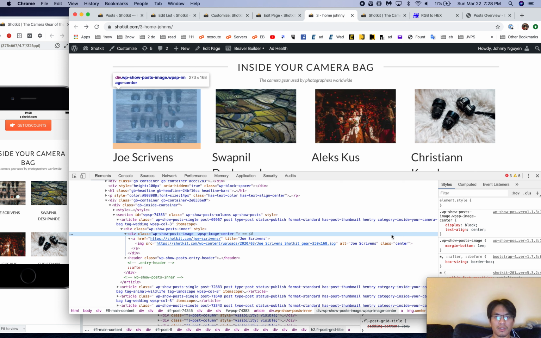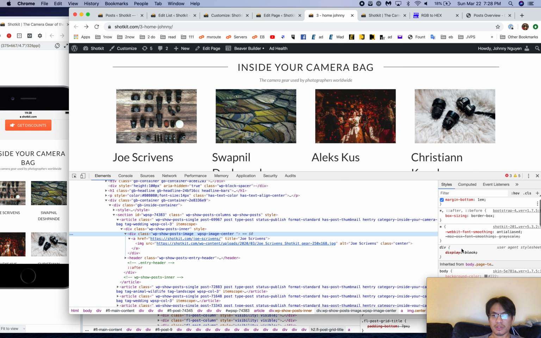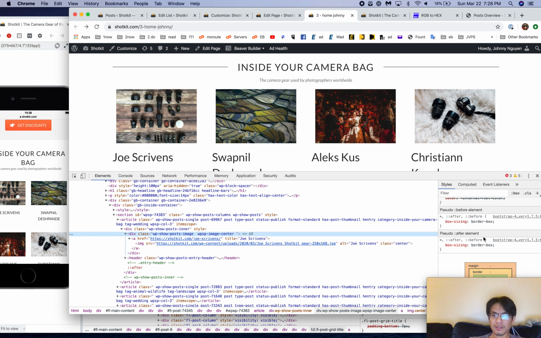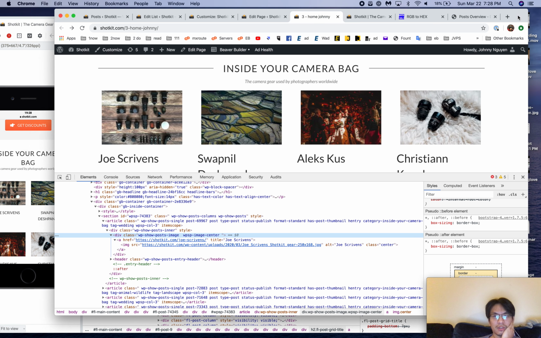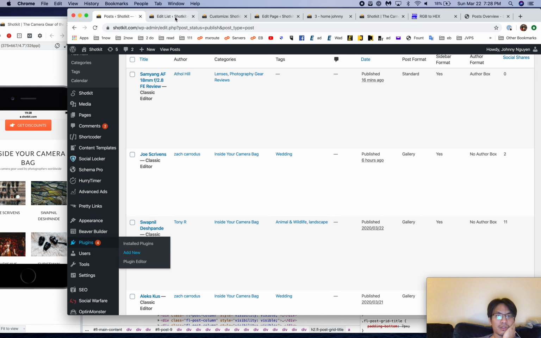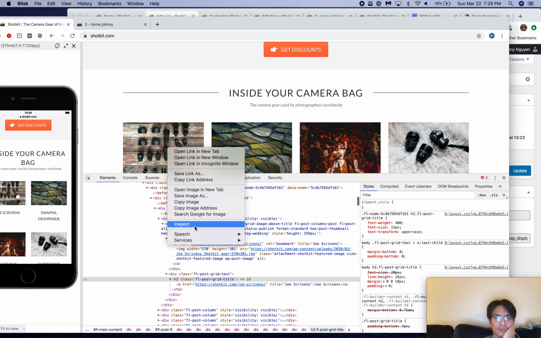Okay, so Show Posts has a natural margin bottom. Where's the full width? Where's the side? Oh, got it. That's the size of the image. Why did it put it at 273? I've clearly specified. Did I just get the wrong